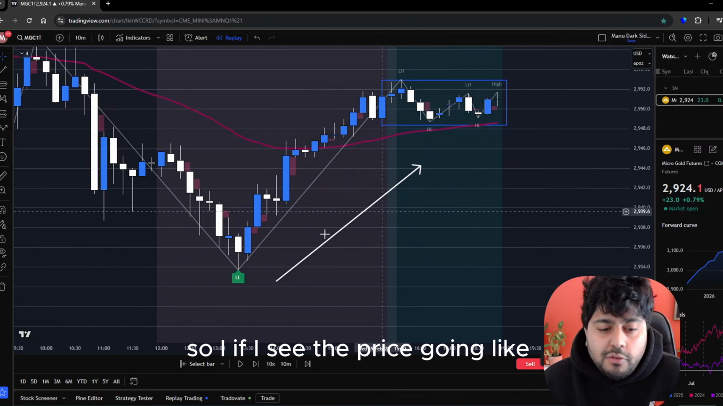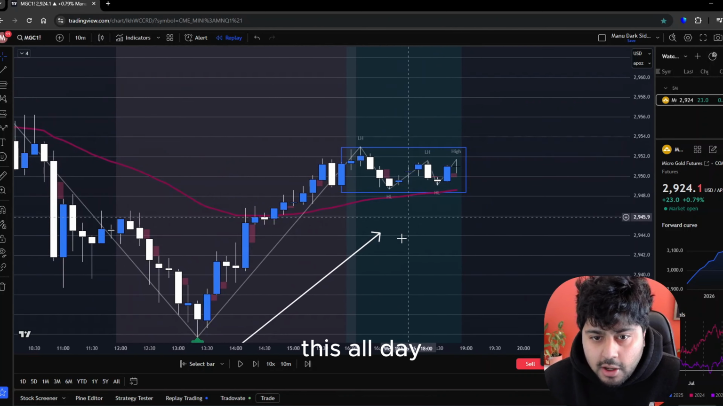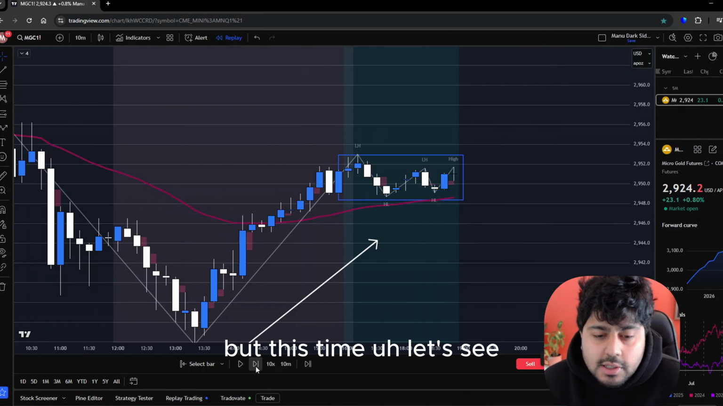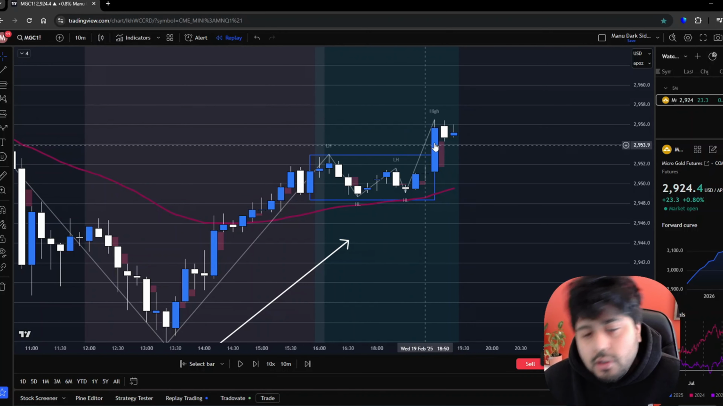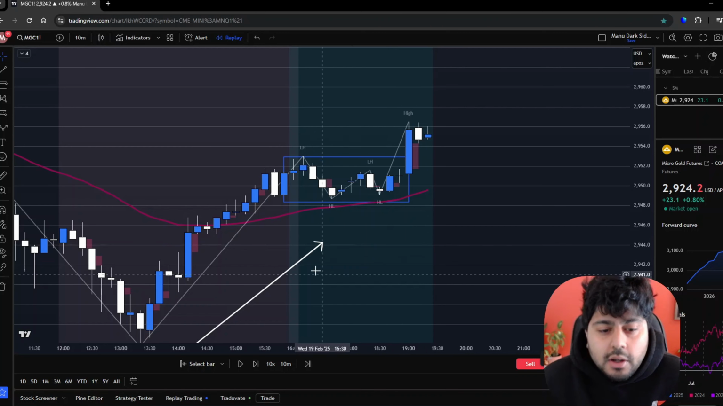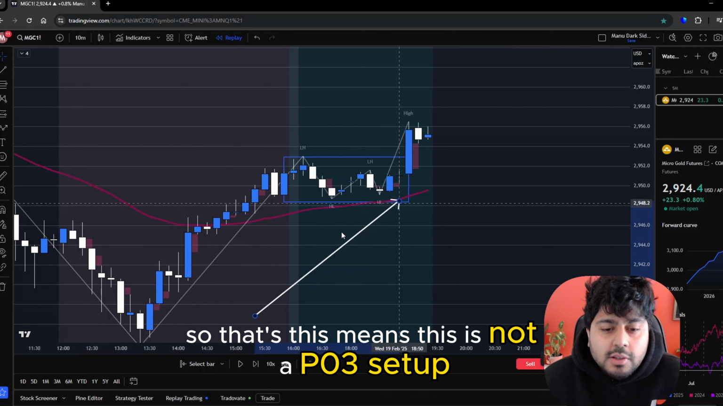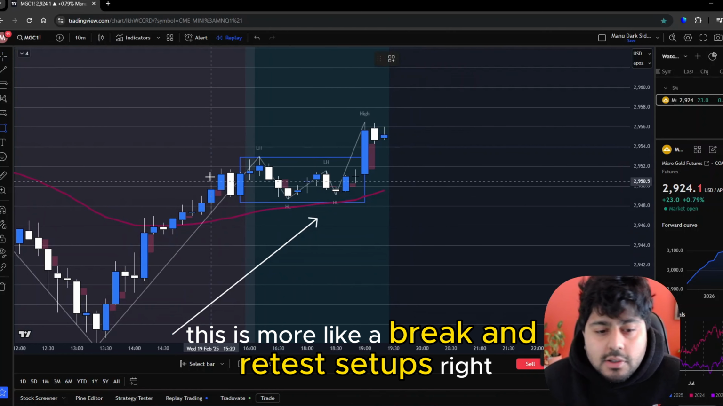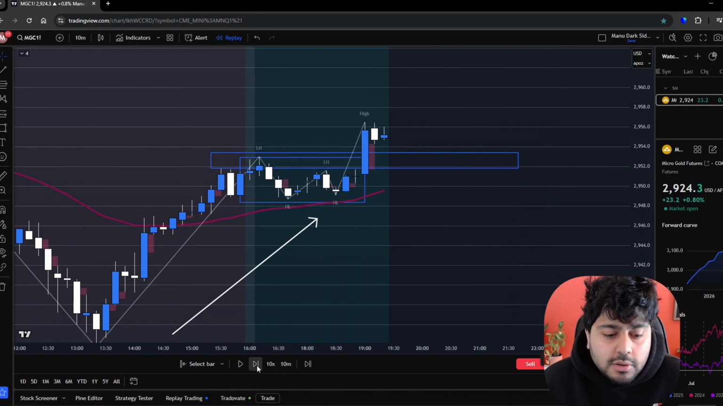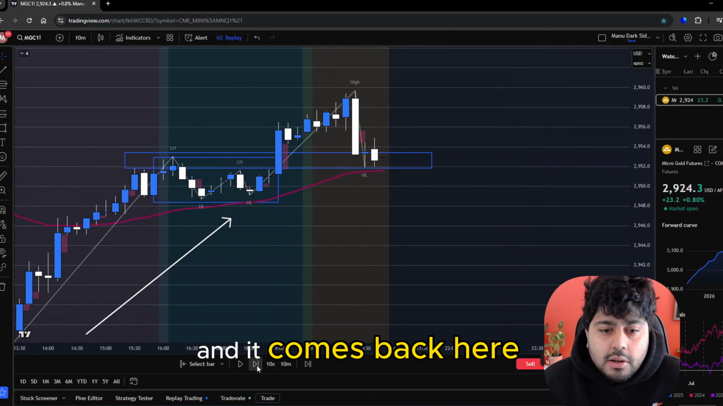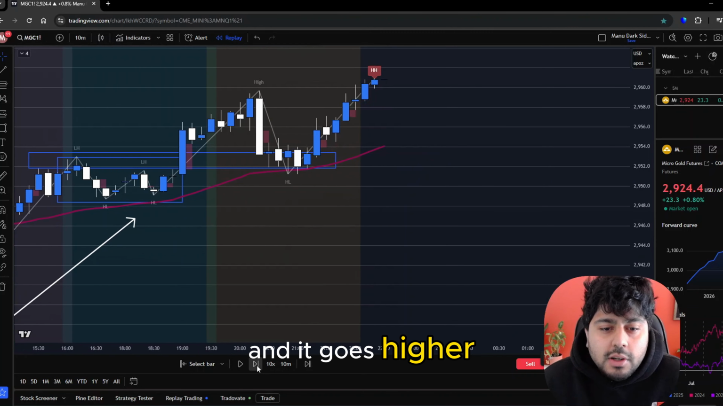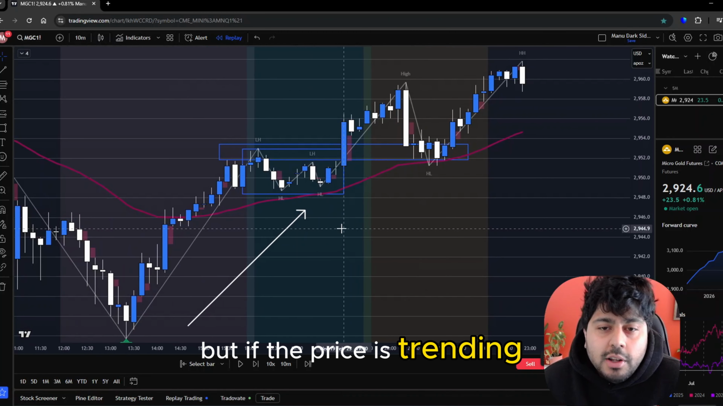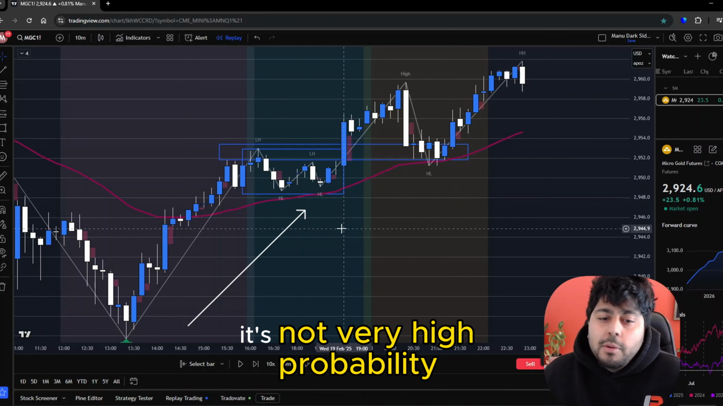So if I see the price going like this all day, I usually don't even get on the charts, but this time, let's see, I can show you guys. You could say I manipulated here, but the price has been trending. So this means this is not a PO3 setup. This is more like a break and retest setup, right? So it broke here and it comes back here and it goes higher. It could have gone and taken this liquidity, but if the price is trending, it's not very high probability